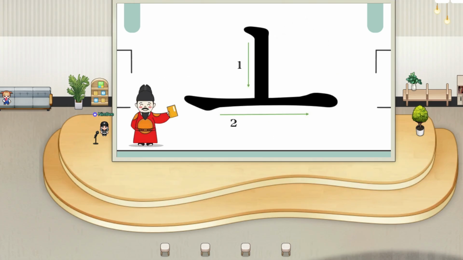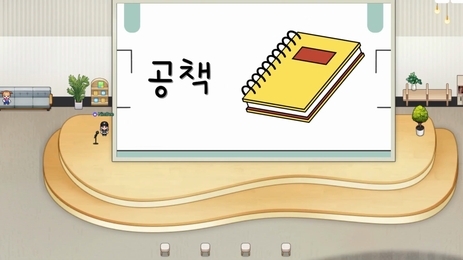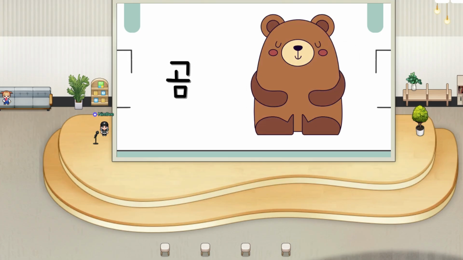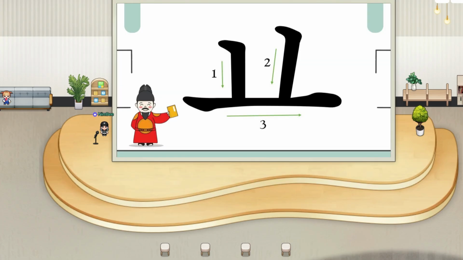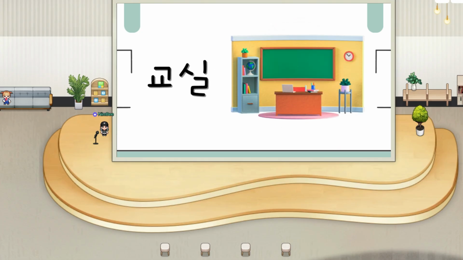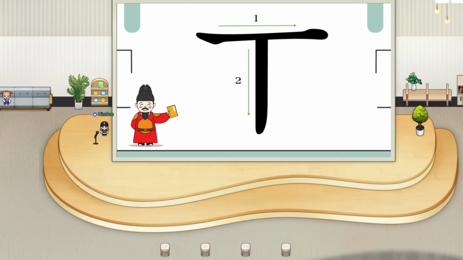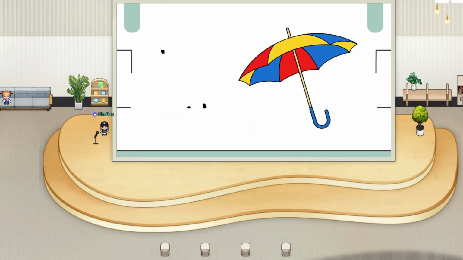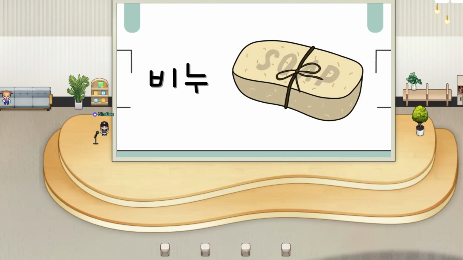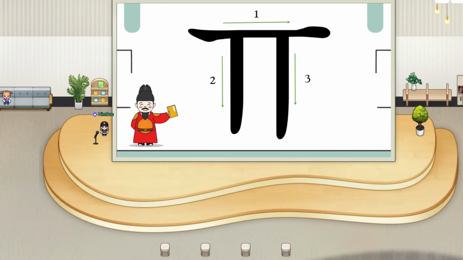Next vowel is o, 공책, notebook, and 곰, bear. We have yo as the next vowel. Yo, like 요리사, chef, and 교실, class. Next one is u, like 우산, umbrella, and 비누, soap. The next is yu, like 휴지,